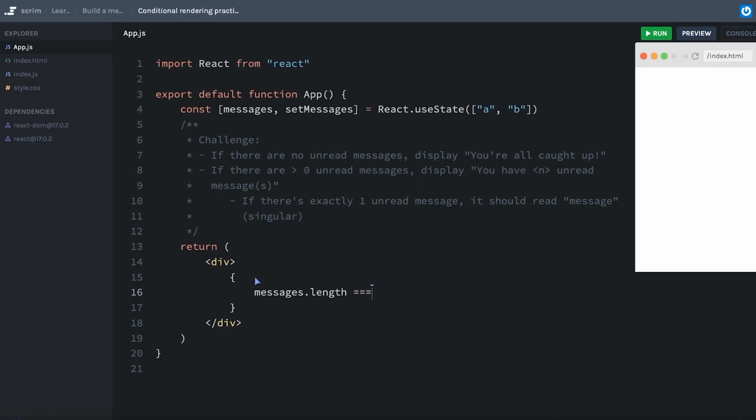messages.length, and say if that is exactly equal to 0, and here I'm going to use a ternary, so I'll start a question mark. On the next line, this will be what should display in case there is exactly 0 messages. So I'll do an H1 here and say "You're all caught up." Otherwise, I'll put a different H1 that says "You have," and let me just put the number hard-coded here for a second, "unread messages." Okay, I'll replace this 2 with